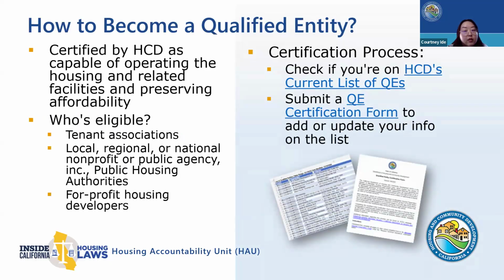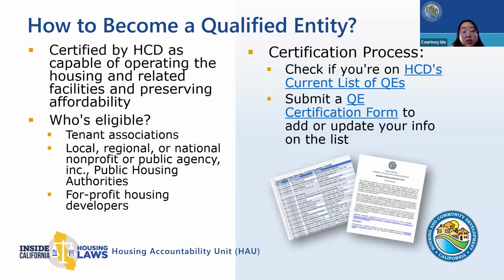Now I'll cover how to become a qualified entity. As previously mentioned, QEs must first be certified by HCD as being capable of operating the housing and preserving the affordability for the long term. Tenant associations, local, regional, or national nonprofits, and public agencies and for-profit housing developers are all eligible to become qualified entities. To become a qualified entity, an entity should first review the requirements and verify that they're eligible to become a QE. The requirements can be found in HCD's certification form on our website, or it can also be found in Government Code Section